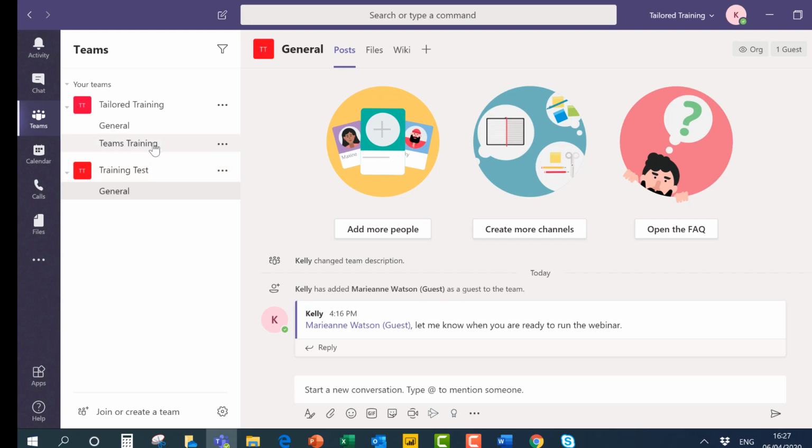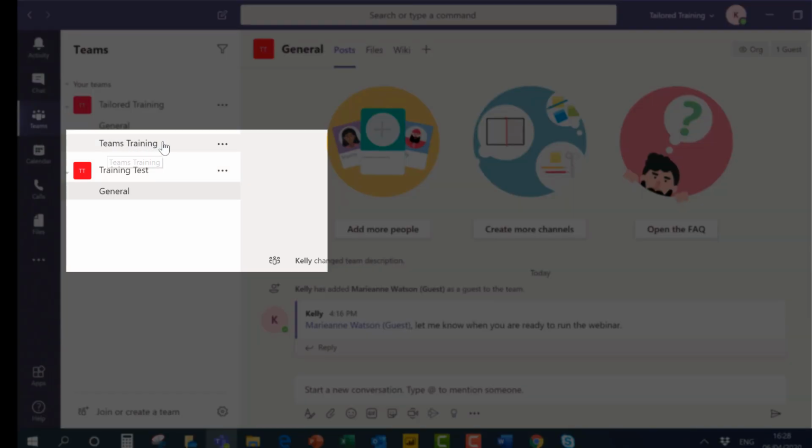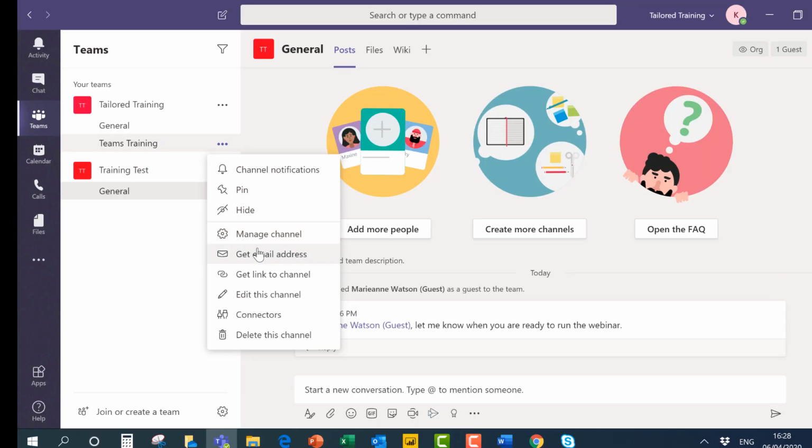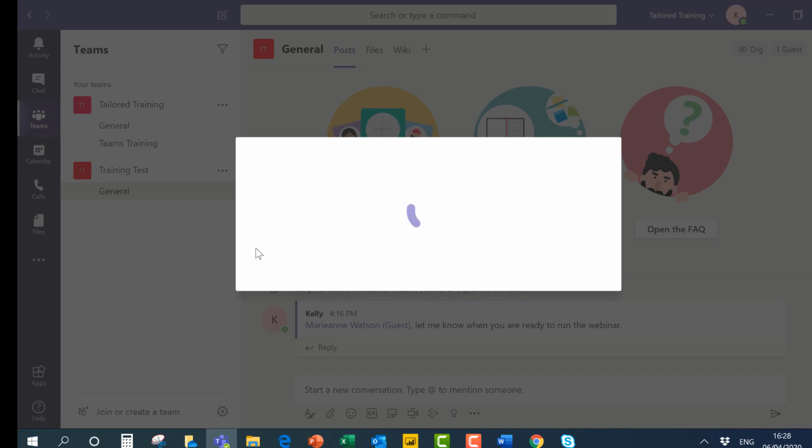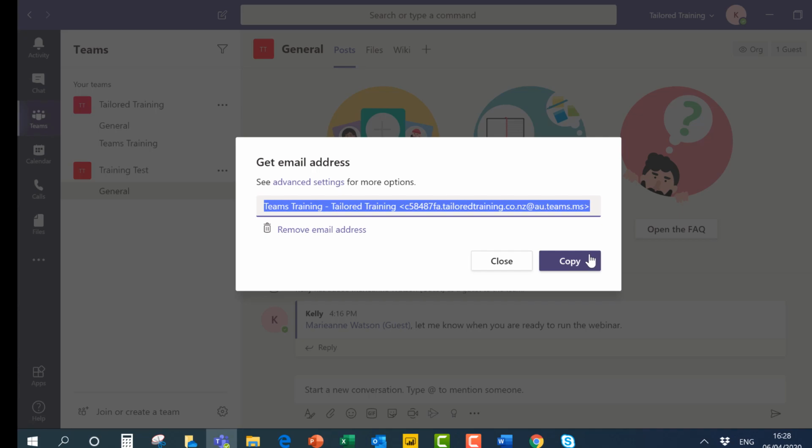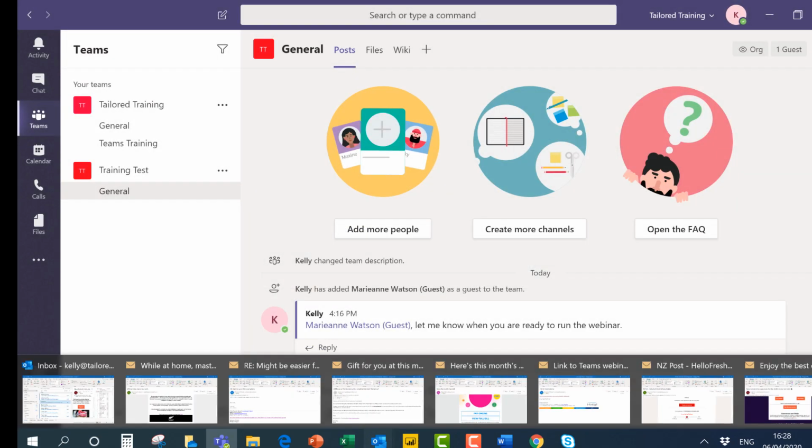The third tip is to find the email address for a particular channel. If I'm working with the Teams training channel, I'll go to the 3 dots and I can get the email address from here. So the nice thing is, rather than having to email everyone in that team with the information that I have, I can send an email directly to the channel and it gets posted as an email on the conversation board. Great, so I'm going to copy that, and then from inside Outlook,